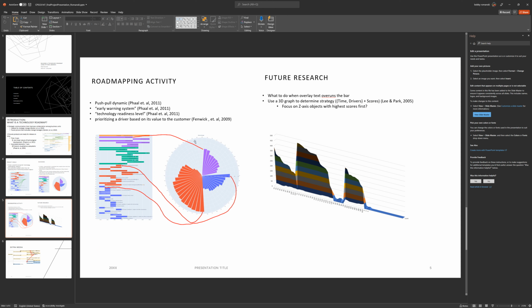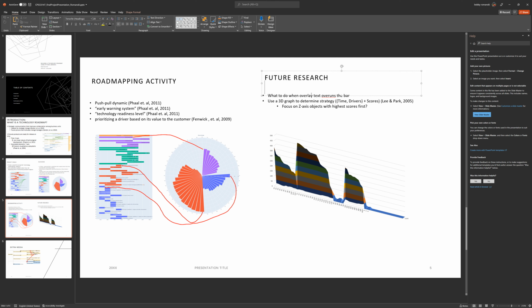And so again, we can see these connections between the scores and the elements of a technology roadmap here. So again, the benefits of this is, all kinds of strategic benefits here, kind of outside the scope of the course, but great visualization. And if we look into some future research that we can look into later,